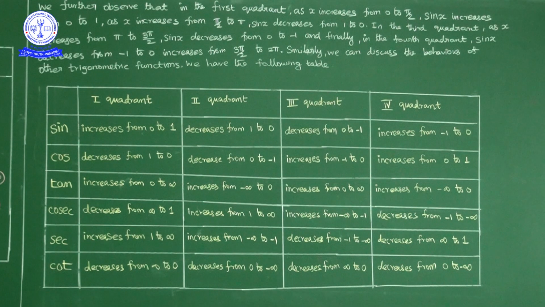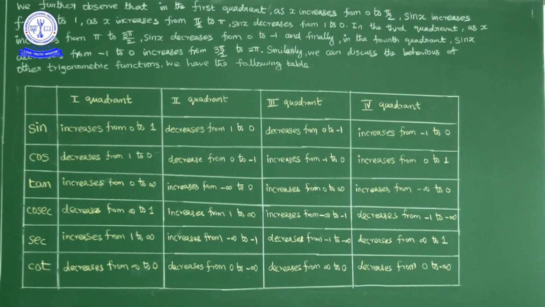Okay. Now in the second quadrant, as x increases from pi by 2 to pi, secant x increases from minus infinity to minus 1. Okay. Now further in the third quadrant, that is as x increases from pi to 3 pi by 2,